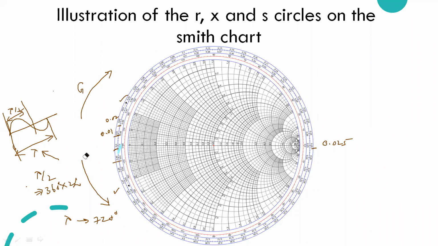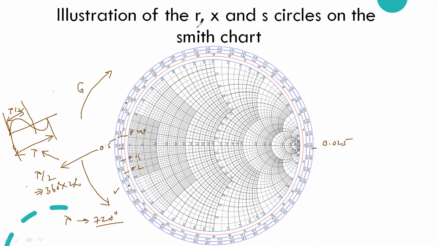In a similar way, if you look towards the load side, you can see the same values: 0, 0.01, 0.02, towards the load side. It goes on to 0.25, and you will get 0.49 and then 0.5. Once again you will get this value. Then towards the load side, if you want to move a full wave, you need to move 720 degrees for the value of a full wave.